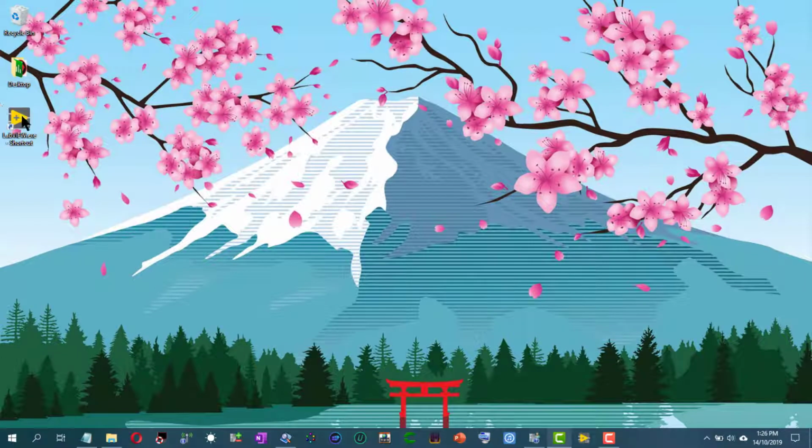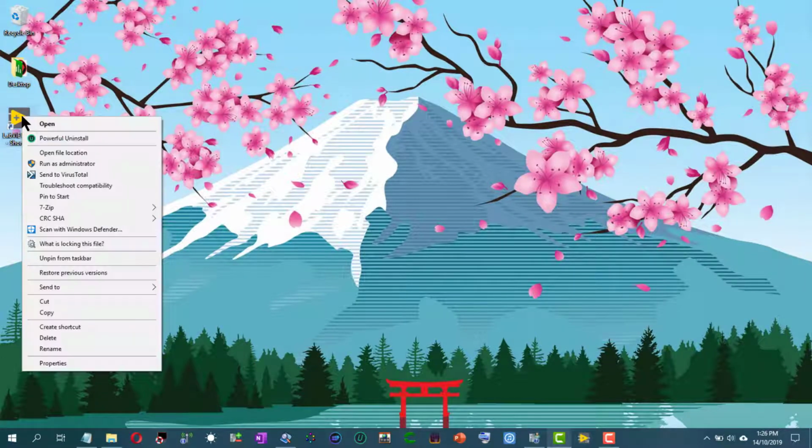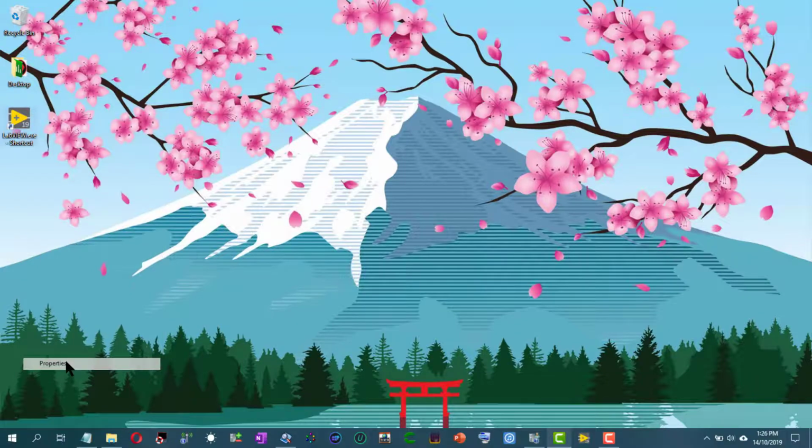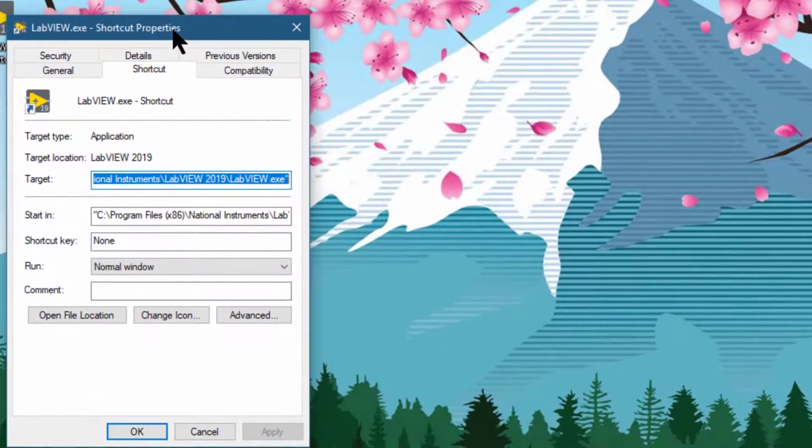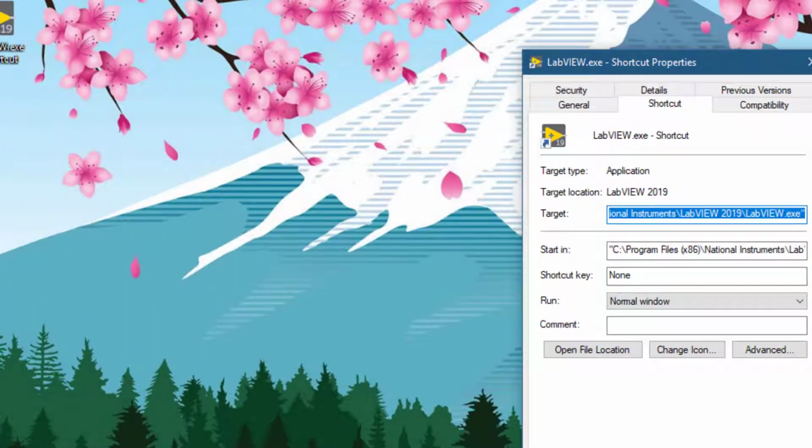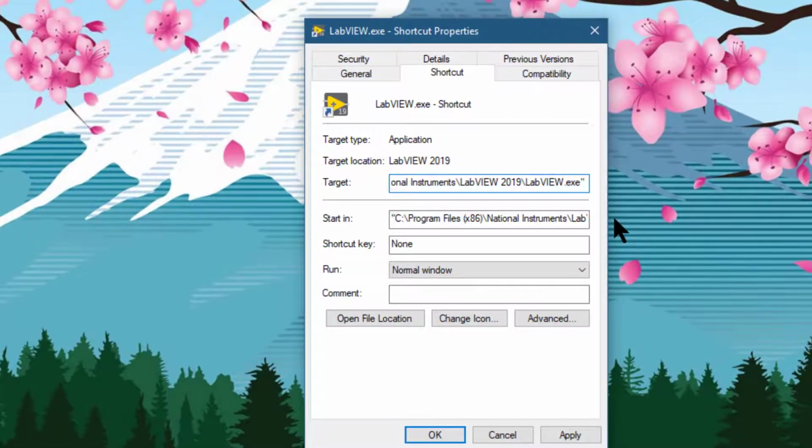Here is our shortcut. Right click it, go to properties, and in the target file name at the end of the quotation marks put a hyphen, then pref, and then write the name of the new file that you want to load. Okay,